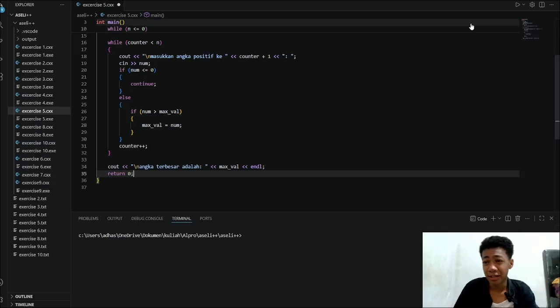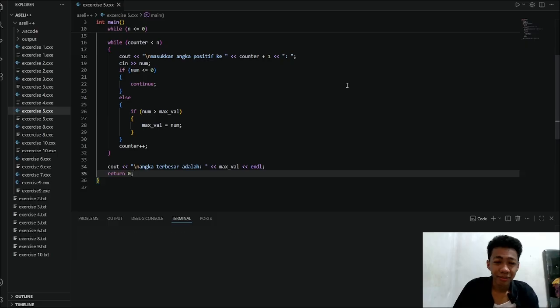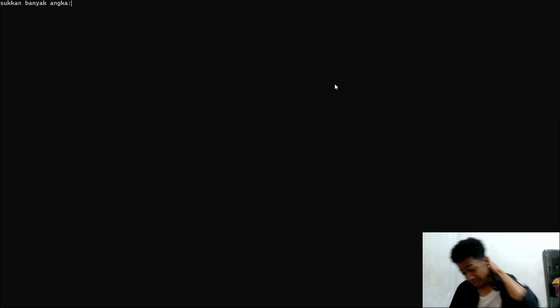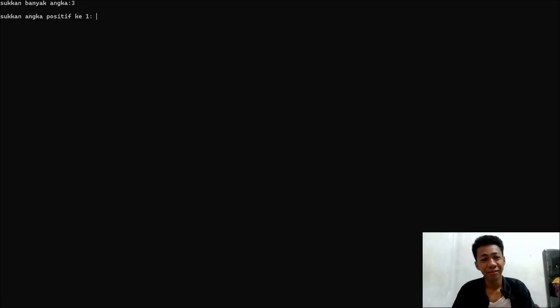So here I will tell you how it works in the real case. Let's say we make the program ask us to enter a positive number, which will be the total of the numbers that we will input in the next loop. So let's say we input 3 here.